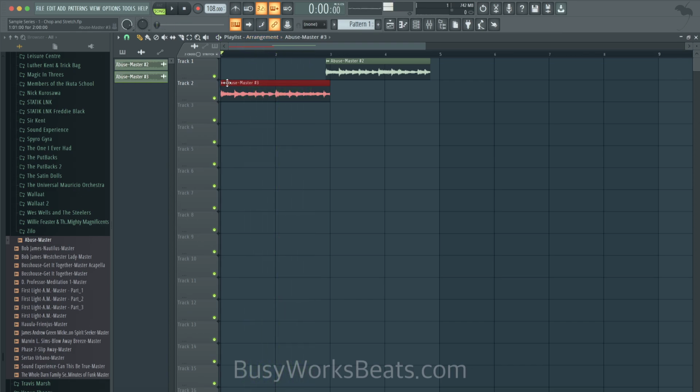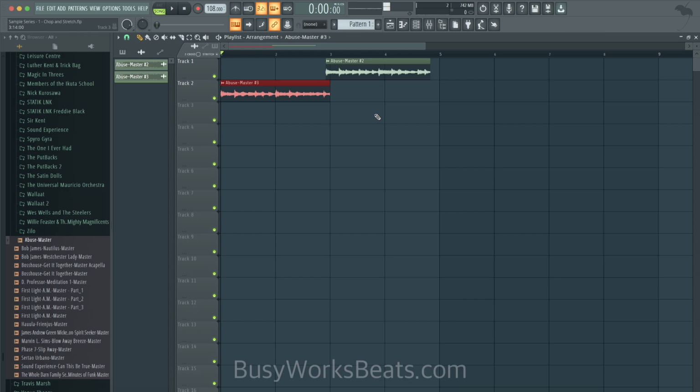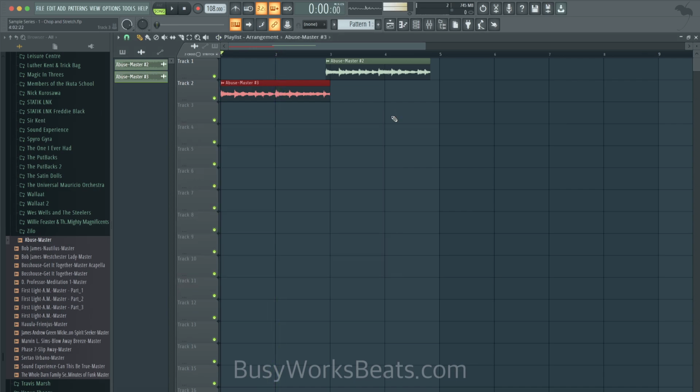it lines up to 2 bars exactly, but the problem is it changed the pitch, which sounds cool, but it changed the pitch. So if you go to the top left, go to channel settings, we're going to go to mode, put it on stretch mode. And what this does is it doesn't change the pitch. Now, if you want it to change the pitch, you can do it with actual measurement. So you can now go to the pitch icon and pull this down, let's say 200 cents. And now you know it's exactly 2 notes below the actual sample. And that gives you a lot of musical clarity to do it that way.